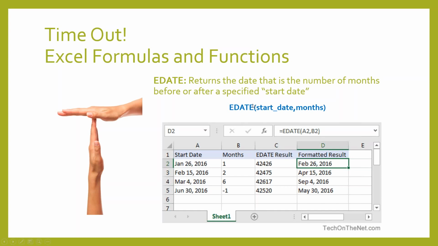It's EDATE, parentheses, start date, comma, the number of months. So this example shows that if you have the EDATE formula with your start date of January 26th and the number of months is 1, it's going to return a result of February 26th. It has this column here for EDATE result, and what it's showing you there is that